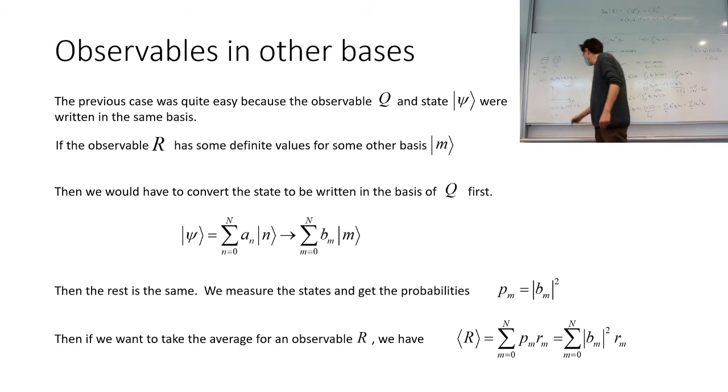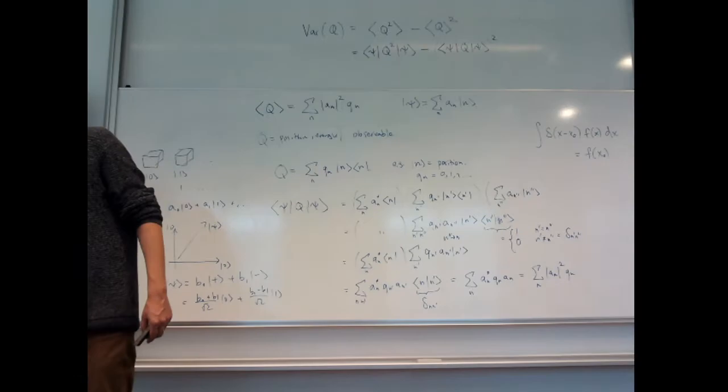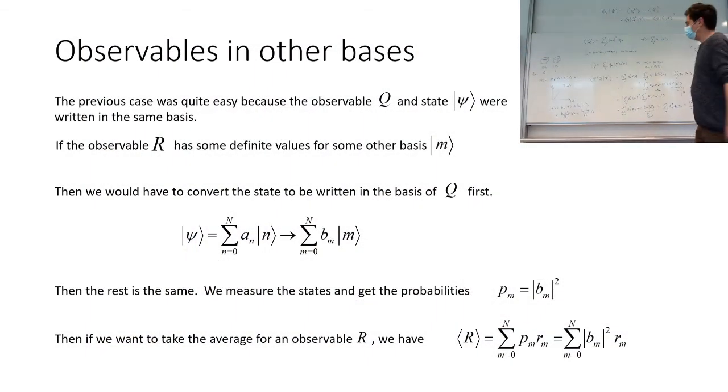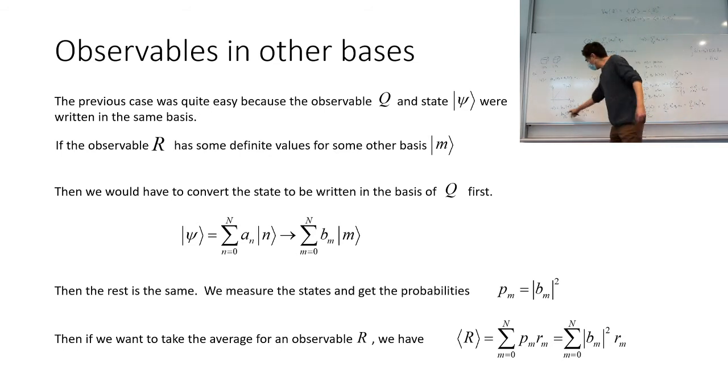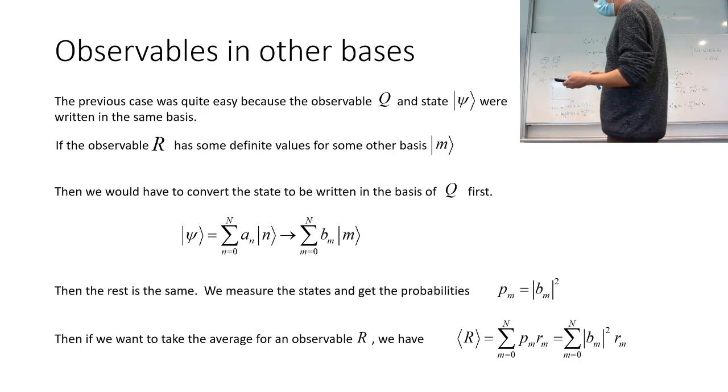So for example, here it would be something like b0 plus b1 over root 2, 0 plus b, this one. Okay, so now I've rewritten it in the 0, 1 basis, so now I can go and just do the same thing that I did before, just with the right coefficient here. So we could do that,